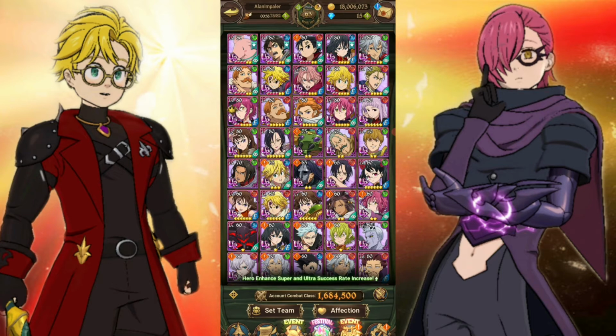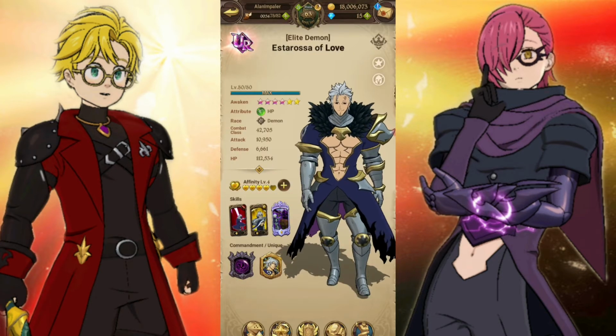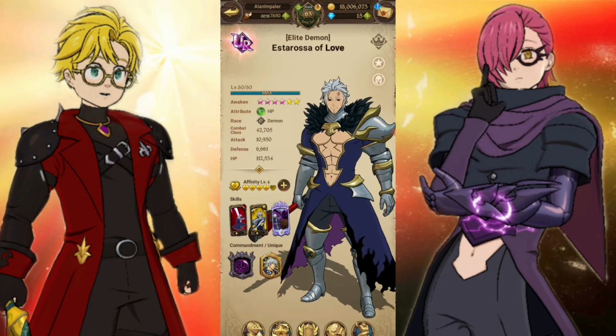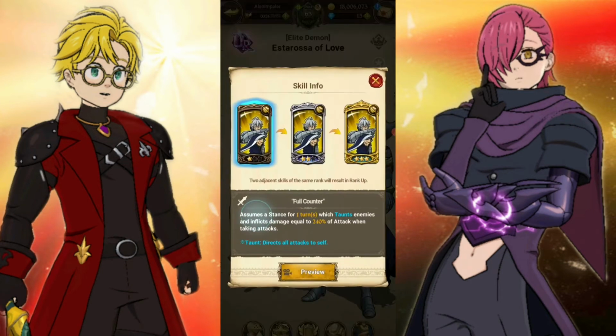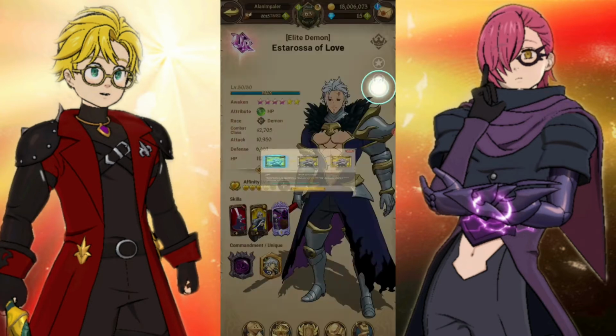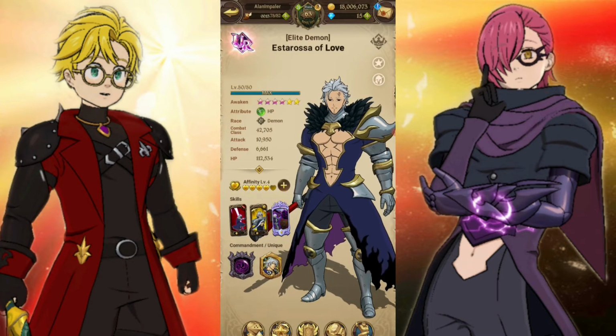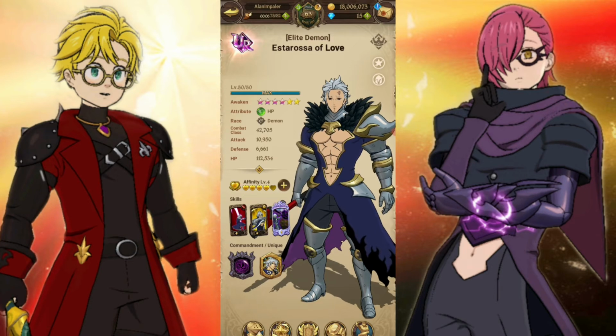Then coming in at number 7 we have Green Astrosa, and we all know why he's coming there, because of his rank 3 full counter. It also has a taunt and grants debuff immunity, so he won't be affected by his own passive, but others will be affected. That's the only downside of it. Our team members will also be affected, but